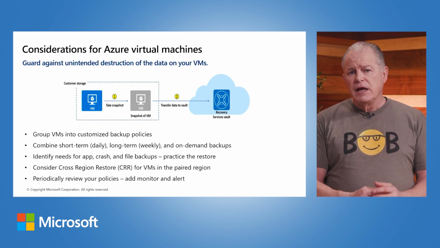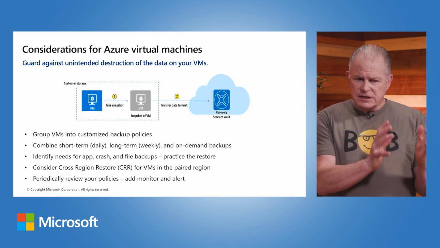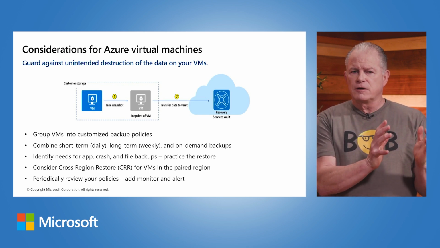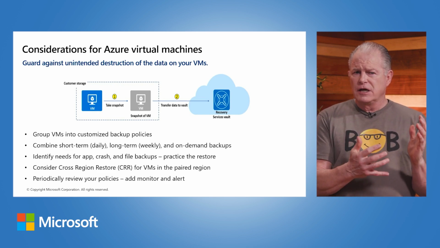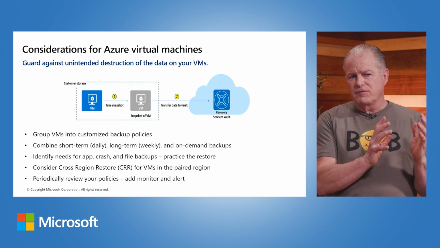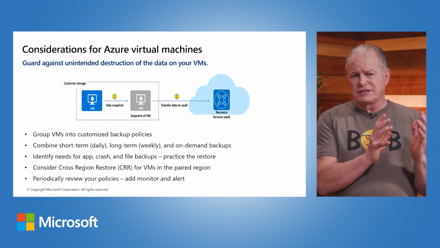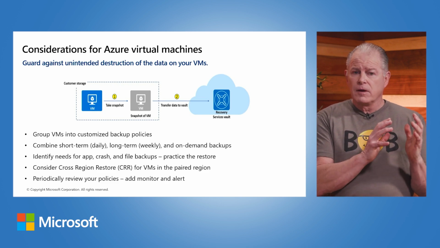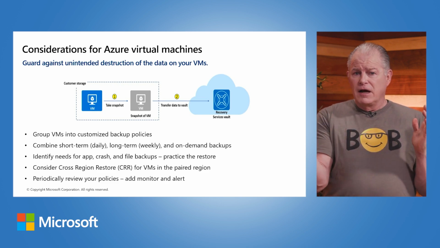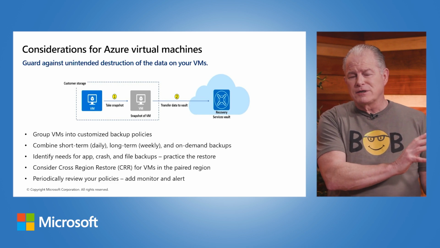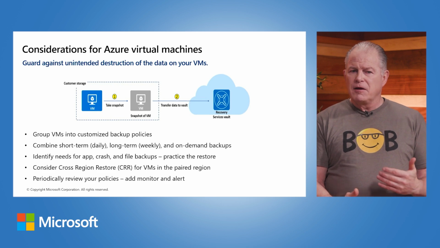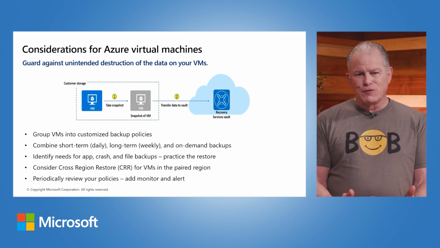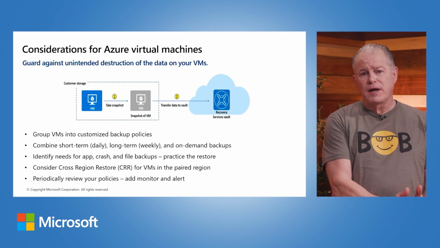For example, if I have a VM that has a consistent set of applications and patches applied to it, and the files it uses are changing on a regular basis, do I need to take a snapshot or a backup of that VM on a regular basis just to get the data it's holding? Maybe. If I have a backup of the data, I could possibly go back to a machine the way it was several days ago. So you want to take a look at what is changing about the virtual machine. Maybe what I do is, before I patch a virtual machine, I take that snapshot of it so that I have it just before I applied the patches.